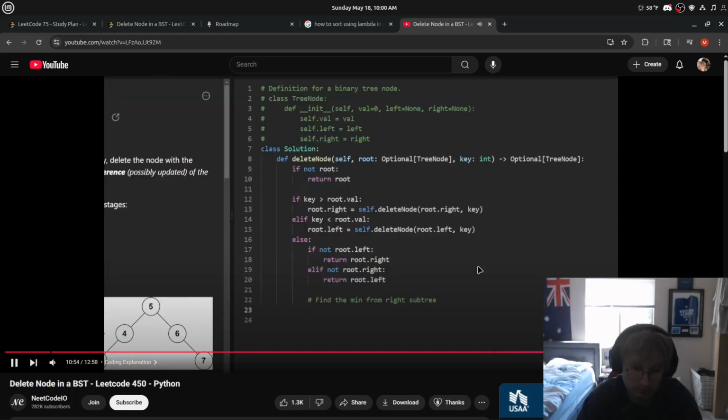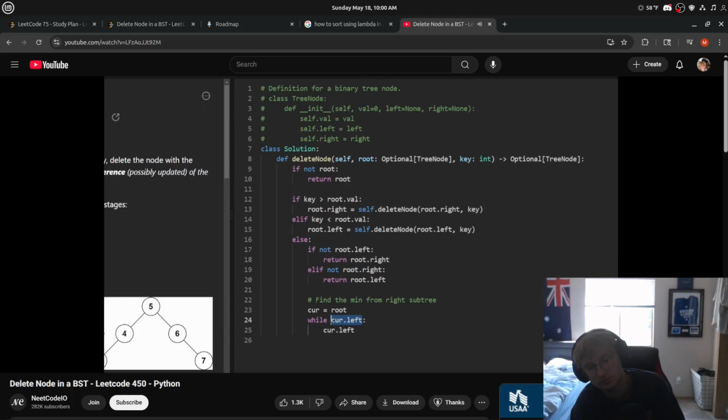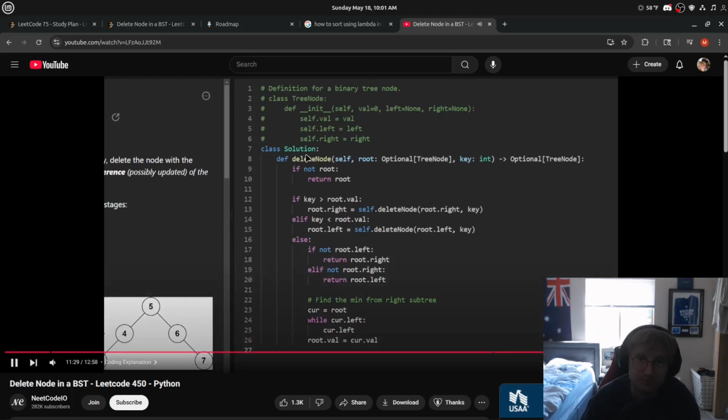Subtree, just like I showed earlier. The easiest way I think to do that is just to take the current pointer and assign it to root, because we are going to still need the root. And then while cur.left, we're going to keep going down the left child. The reason I'm doing this is because we want to make sure we stop at a valid node. We don't want cur to stop at null. So by the time this is done, cur should be pointing at the minimum node in the right subtree. And remember, what we want to do with that minimum value is replace the current root value with it. So we say root.val is equal to cur.val, and then